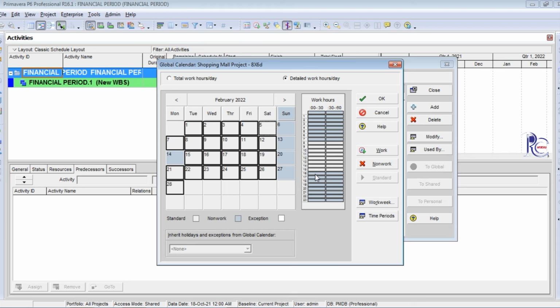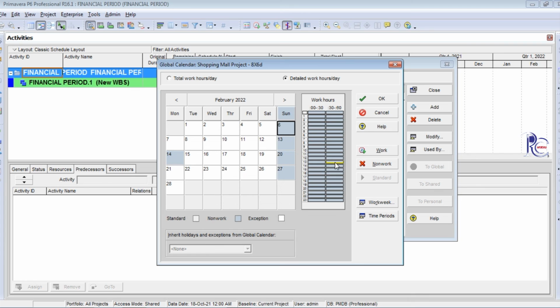Also select 16 bars as work and 13 bars as non-work. 13 is 1 p.m. I choose these two bars as the interval for lunch.